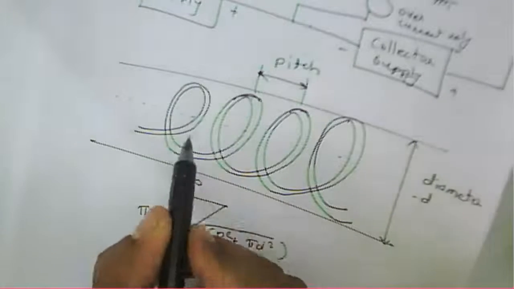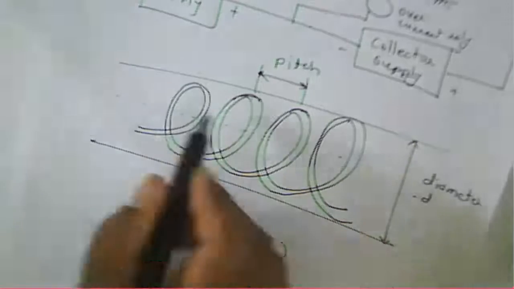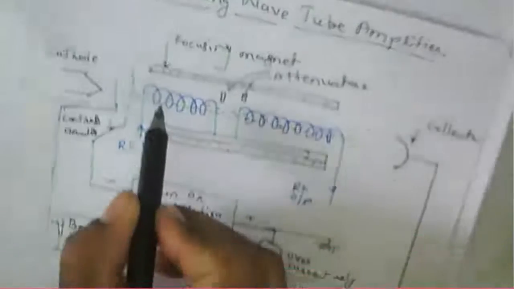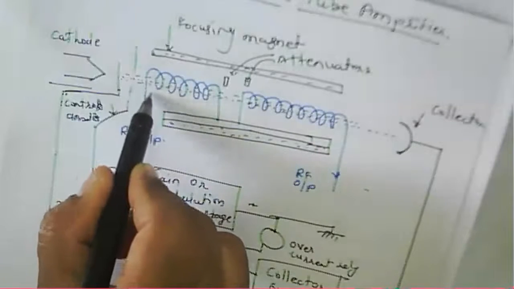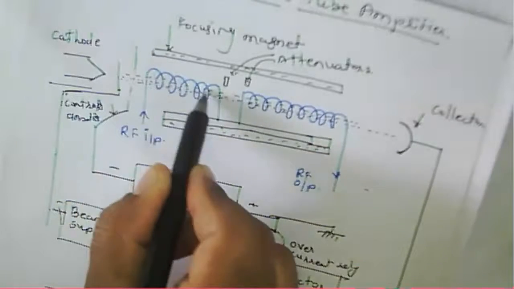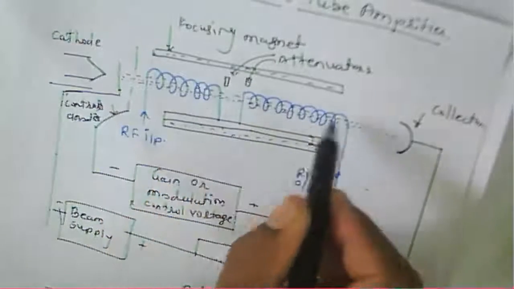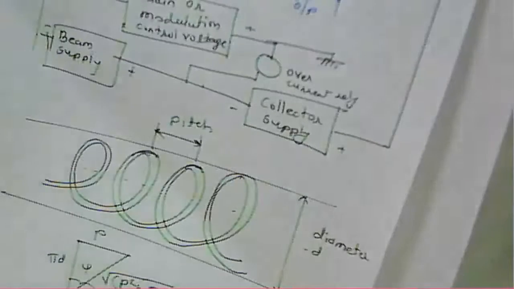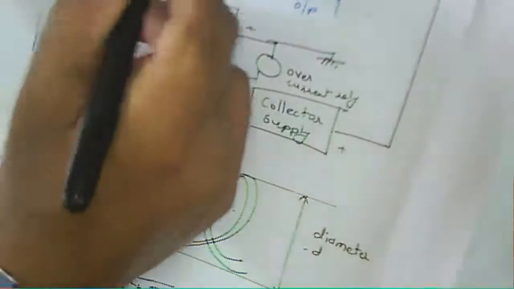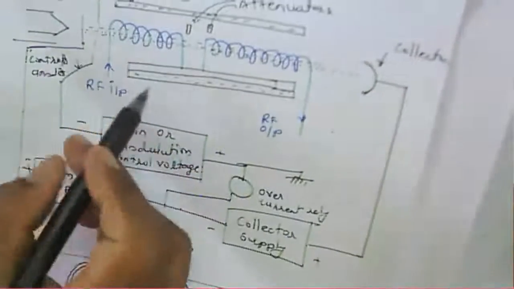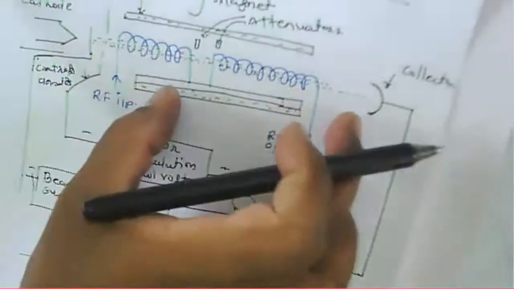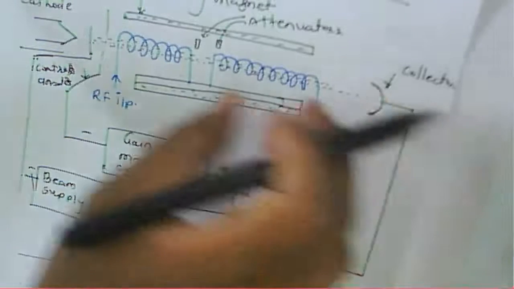And then again, signals are propagating in this particular direction. So for the given helical tube, the RF field has its velocity reduced here, and then we are getting that RF output here. Now generally, electron interaction takes place in this particular region. Interaction of the electron with this RF takes place in this region, and then the electron will be collected at the collector. Before that, what happened?